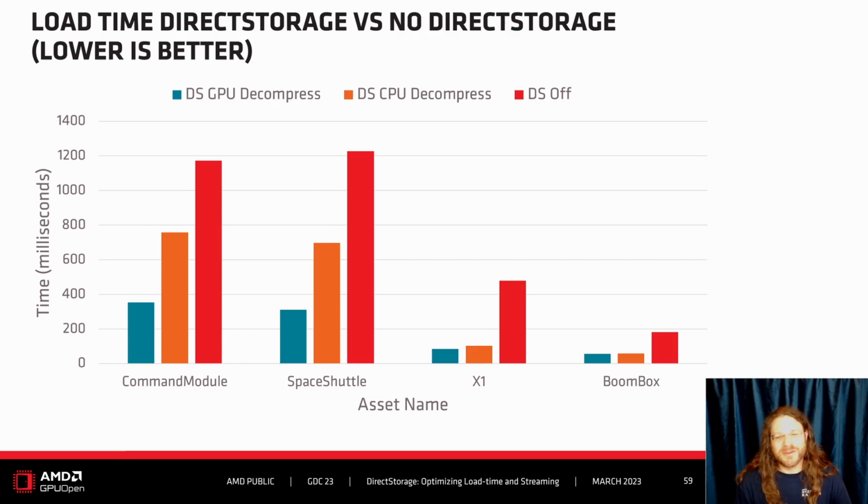So how long did it take to load these resources when we were using direct storage or not using direct storage? And in these charts, lower is better, and the y-axis is time in milliseconds. We can see that direct storage, which is represented by the teal color, using GPU decompression, was able to load these 2.7 GB textures in just under 400 milliseconds. And when we use the CPU, it was just under 800 milliseconds. And when we didn't use direct storage at all, and we used the original PNG and JPEG assets, it was over a second. So we can see there's quite a benefit to using direct storage along with GPU decompression.